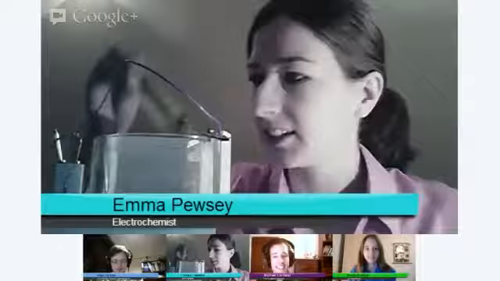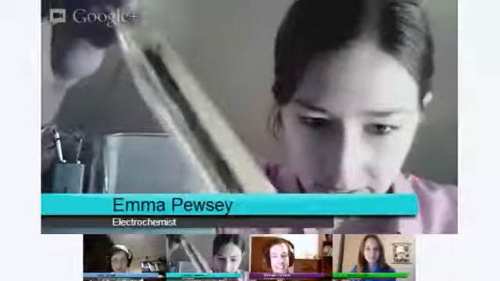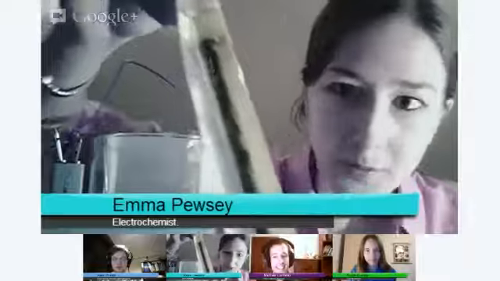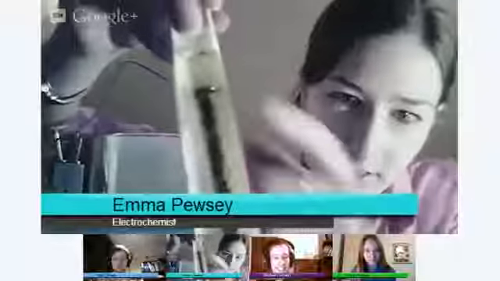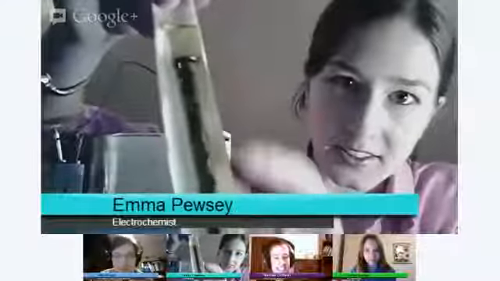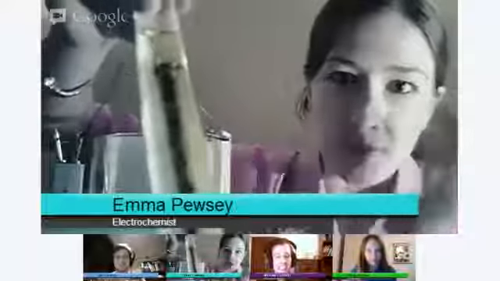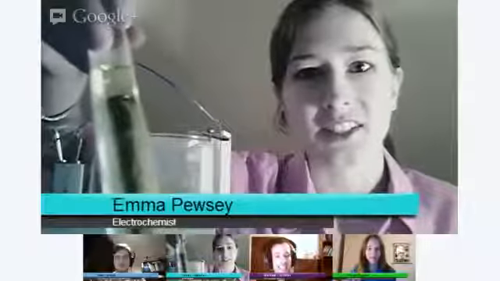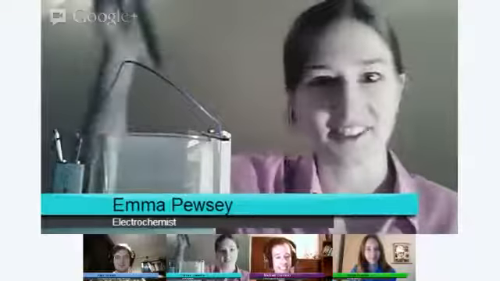Alright, let's have a look at how this has been going on. And you can see that there. Hopefully you can already see we've got quite a few bits of blue on the iron nail surface there. And what that means is my indicator's changed colour because we can detect iron is now dissolved in the salt water. We've corroded the nail.